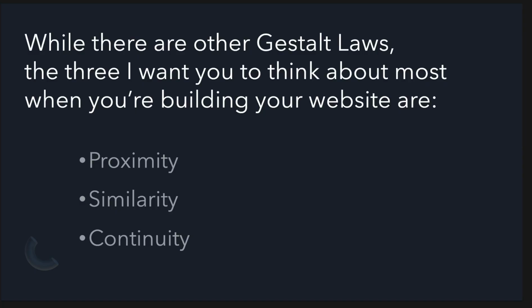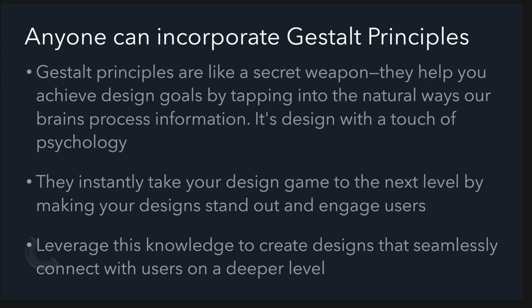While there are other Gestalt laws, there are the three that we've just talked about in this lecture that I want you to think the most about. Use proximity, similarity, and continuity when creating your website. And I want to reassure you that using Gestalt principles is something that anyone can do. I think it might be a little scary to try